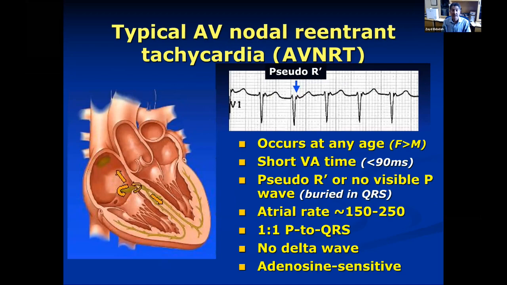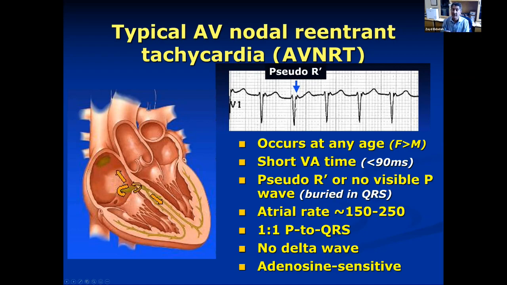What's interesting in them is that if you look at V1, which is a good place to look, they don't have an obvious P wave at all that precedes the QRS complex. What they have is atrial activity that often follows the QRS right afterward. We call this a pseudo R prime or a retrograde P wave. And the way that we manage the measurements of these arrhythmias is by checking the distance between the QRS complex to the subsequent P wave. And if it's a short distance, we call that a short RP tachycardia. That's a short distance from the QRS complex to the subsequent P wave, and it reflects what's going on here,